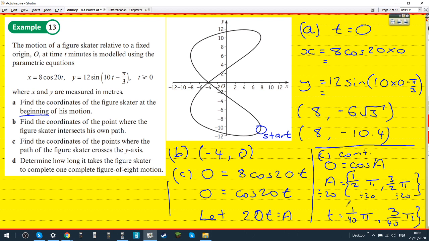Do I then just sub that t value in for both x and y? If you sub it into the x equation, you'll get 0. I'll just sub into the y equation then. Yep. And then I'll get